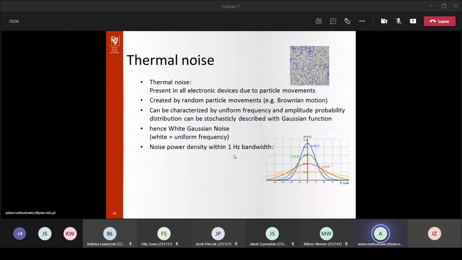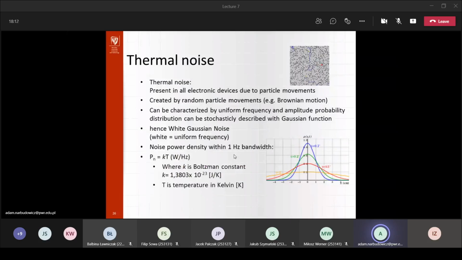simply because if your signal is, let's say, 20 kilohertz, it can easily be multiplied by that. And the power density is given by the Boltzmann constant k multiplied by the temperature in Kelvin. So again, thermal noise: the higher the temperature, the more noise. This is also why you can see in many systems,